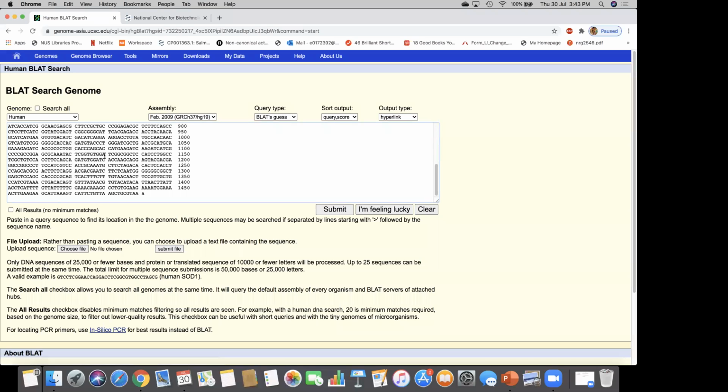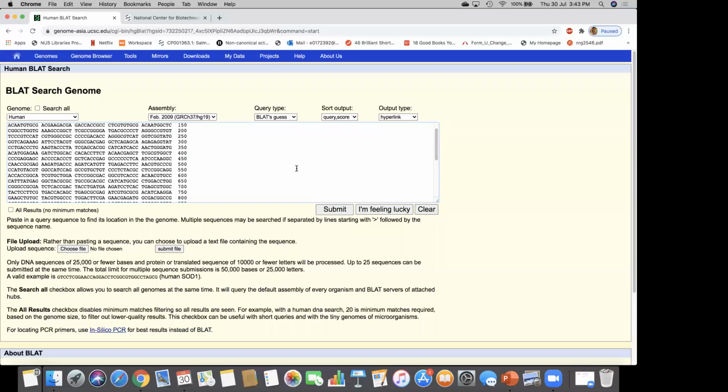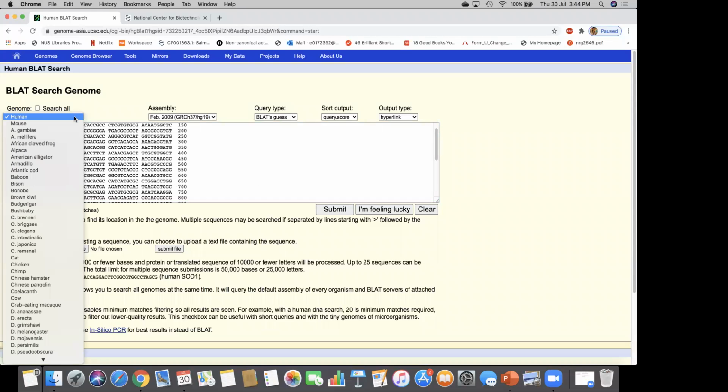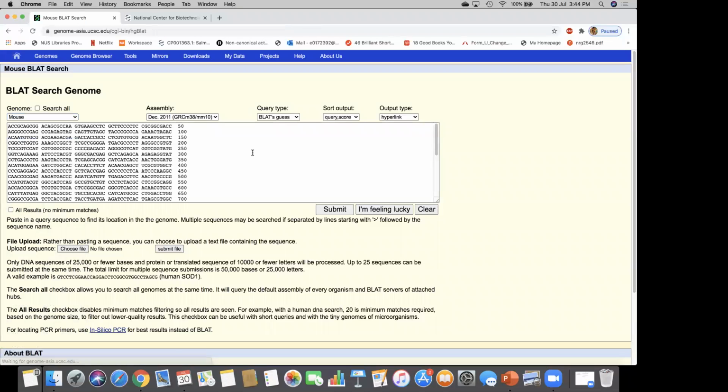So here I pasted some sequence, the same sequence that I took. When you press submit, you can also choose the genome. For example, if I am taking the human gene, then I'd like to take the mouse genome to check whether it has any homology.